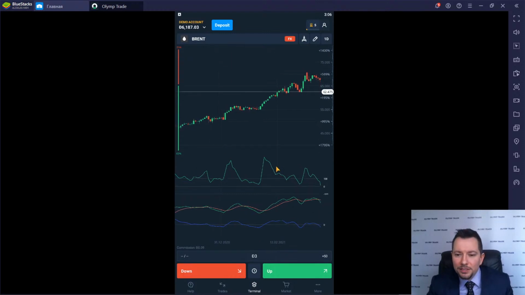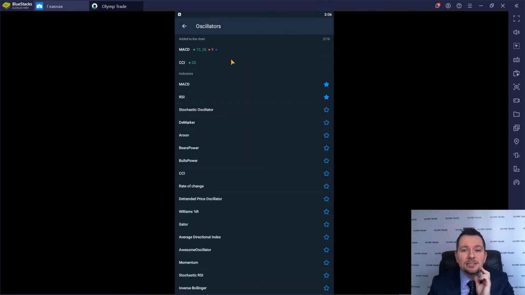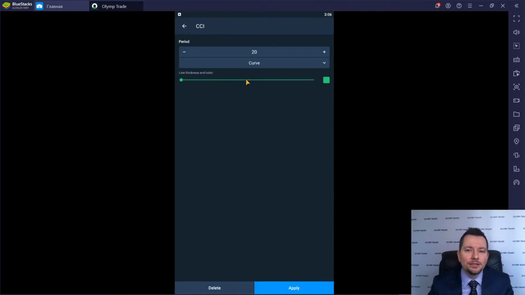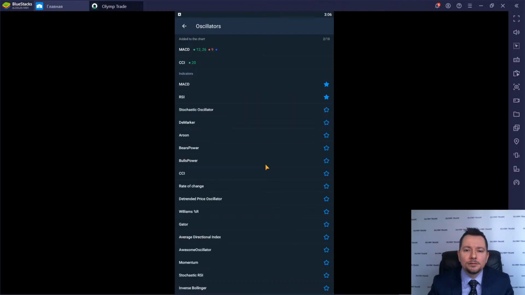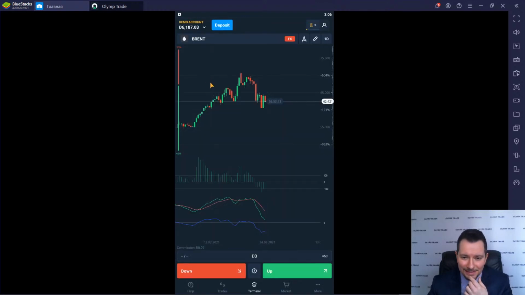Now, I'm also going to be giving you guys some indicators that will allow you to capitalize on these things. The CCI looks different on the... well, that's the MACD. The MACD looks different.